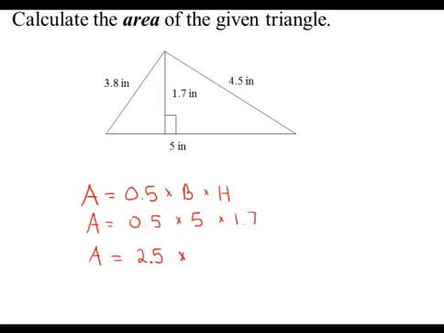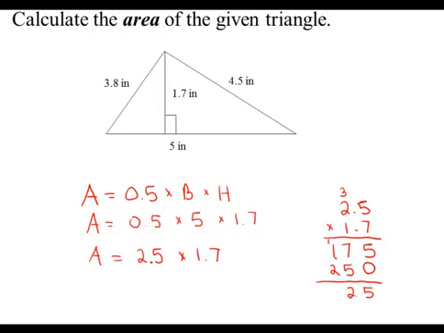Now we need to multiply 2.5 times 1.7. I'll do this vertically off to the side. Beginning with 7 times 5, which is 35, carry the 3. 7 times 2 is 14, plus 3 is 17. Now I'll put a 0 as a placeholder. 1 times 5 is 5. 1 times 2 is 2. And I will add my columns to obtain